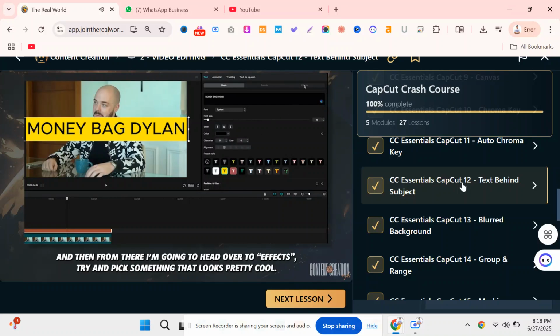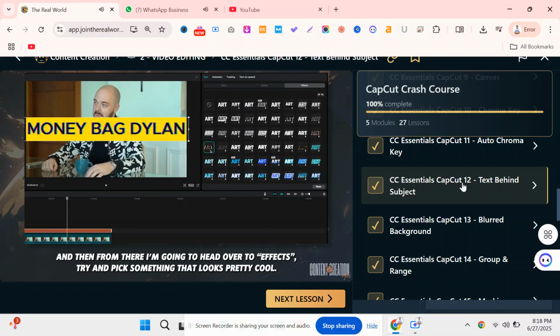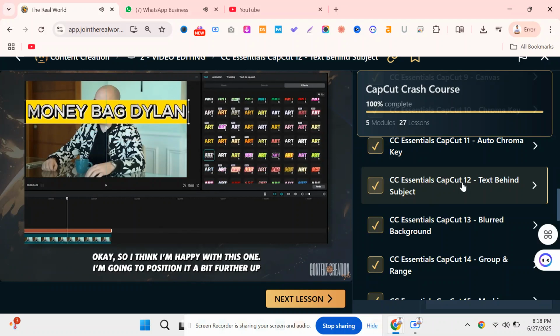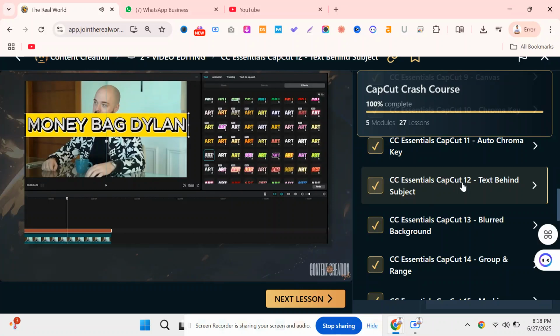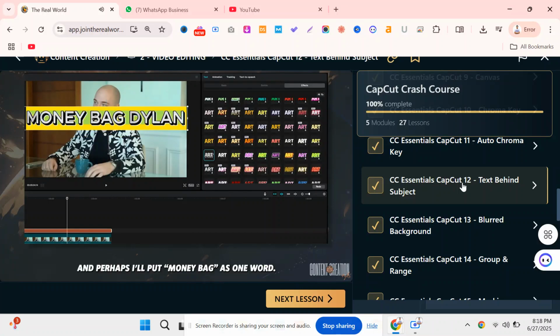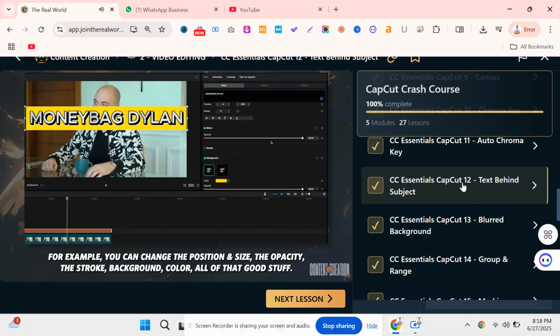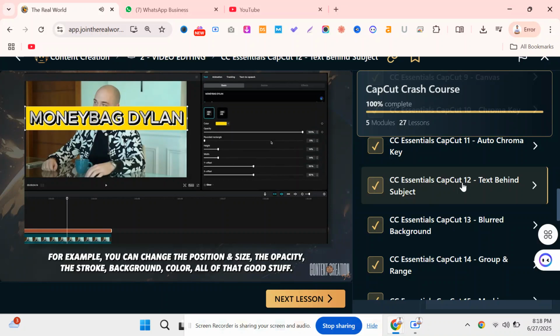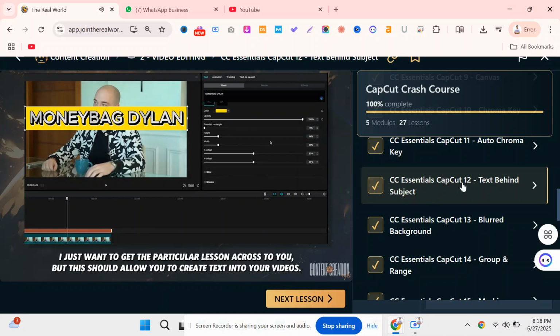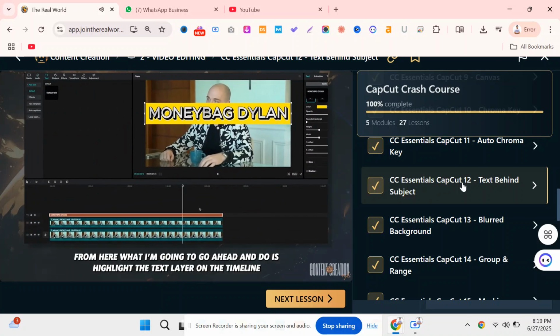And then from there, I'm going to head over to effects, try and pick something that looks pretty cool. Okay, so I think I'm happy with this one. I'm going to position it a bit further up. And perhaps I'll put money bag as one word. Of course, you can go ahead into basic and you can play around with all the different functions that are available. For example, you can change the position inside, the opacity, the stroke, background, color, all of that good stuff. I just want to get the particular lesson across to you, but this should allow you to create text into your videos. From here, what I'm going to go ahead and do is highlight the text layer on the timeline,